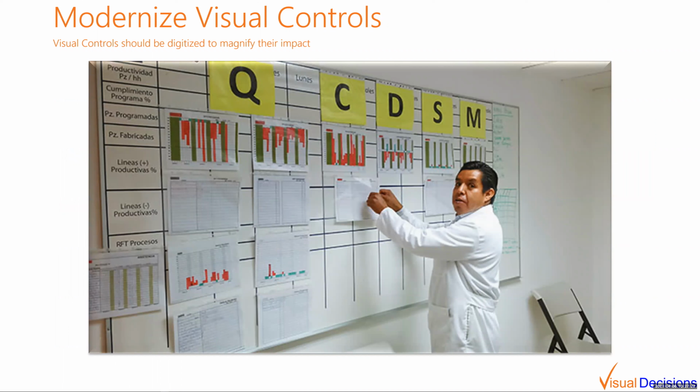Modernizing visual controls out on the shop floor, instead of having something that looks like this, where you have people manually maintaining that information on a board, you can actually utilize that IoT system in order to provide that feedback out to the shop floor. Now, in terms of OEE and being able to improve your OEE, where I've seen this be tremendously effective is I had a customer that had a very low OEE on second and third shifts when the supervisors weren't there. And what we did was instead of hiring supervisors to be on second shift, third shift, at however many dollars per hour times hours in the year and so